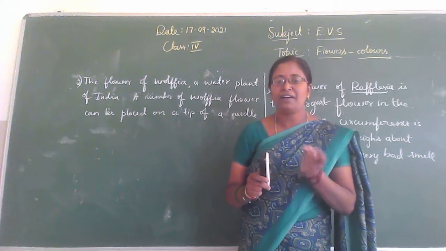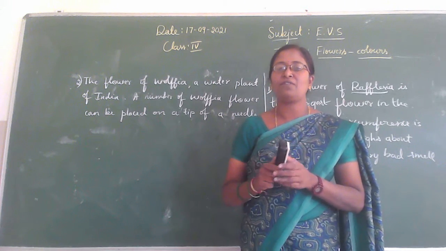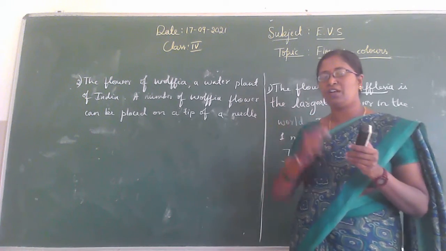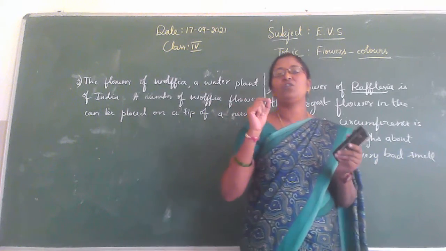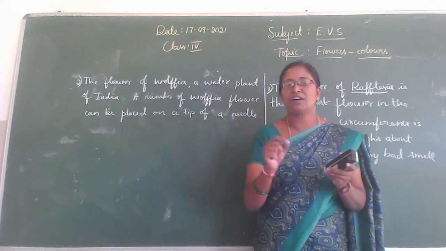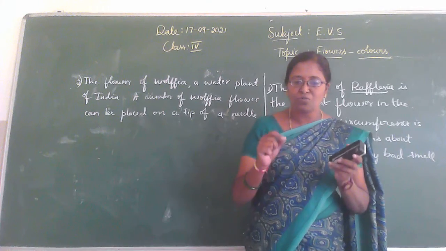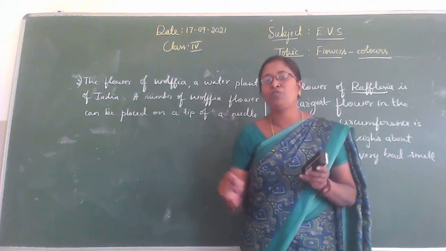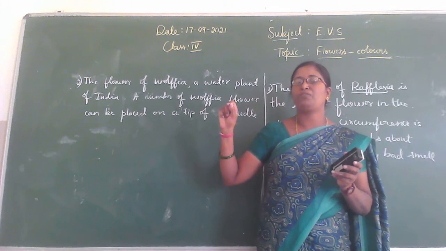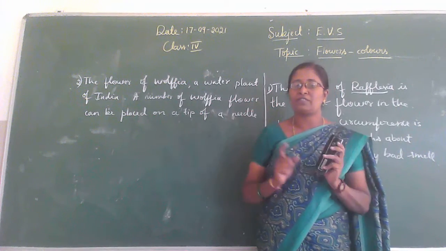Among this, lantana flower is also one of this. Understand, children? Lantana flower is the most beautiful flower in the world. If you take the world, there are 15 most beautiful flowers. So in that we can see lantana flower. Lantana flower is one among these 15 beautiful flowers. So in the world, 15 types of flowers are there. These 15 flowers are the most beautiful flowers in the world.